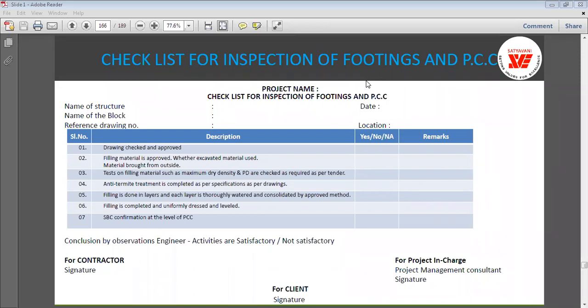Now I can share my experience. Recently I handled one commercial project, and over that, Sapnil Patil sir and I conducted the dry density test and Proctor density test. We carried out all the soil parameters for that particular site.